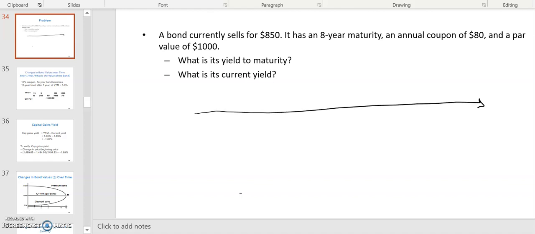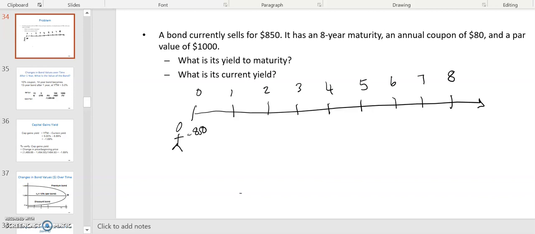So I'm going to look at my timeline. I start at time period t equal to 0, and I have 8 time periods. So at time period t equal to 0, the bond is currently selling for $850. So if I were to purchase this bond today, standing right here, money goes out,